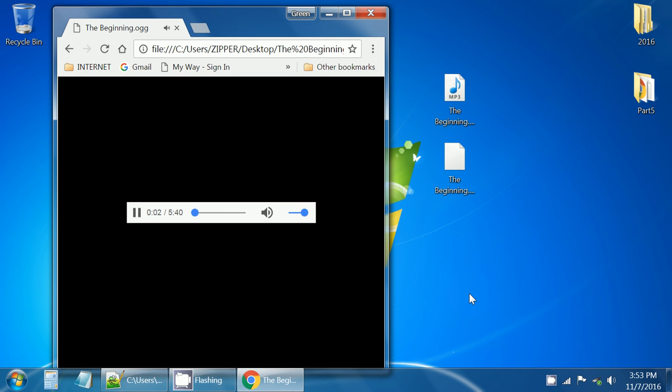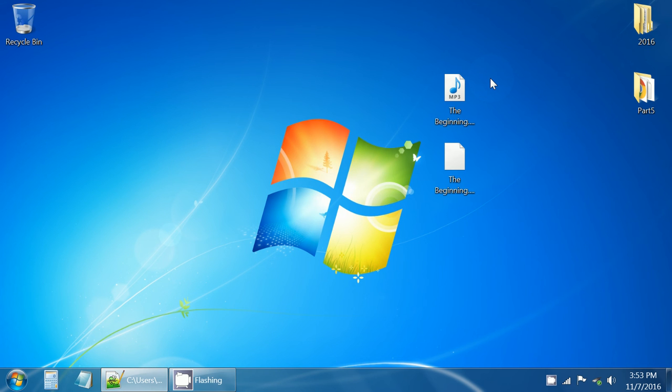And I don't know if you can hear it, but this OGG file, like I said, you can just slide it right over top of a browser page and it'll play. So we've got two functioning files, an MP3 and an OGG, and we are going to use the OGG